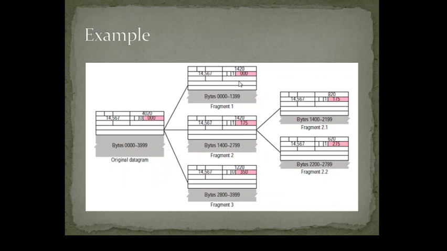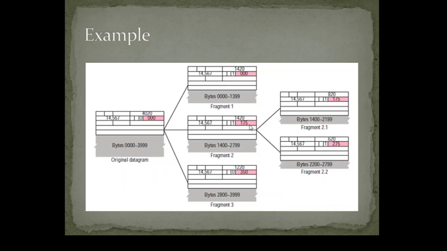Now later on you transmitted these 3 fragments on 3 different paths, and on this path you again realize that the capacity is low, so we will have to fragment it again. Now one thing that you have to understand here is it has already been fragmented, in that case the offset was set. 1 means more fragments are coming, 0 means it is the last fragment. Okay, now it was 1.